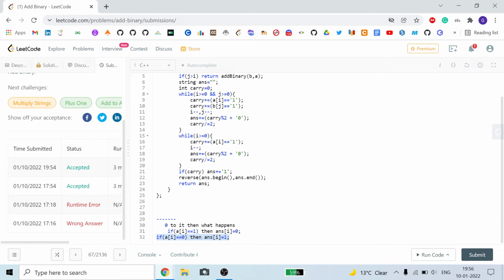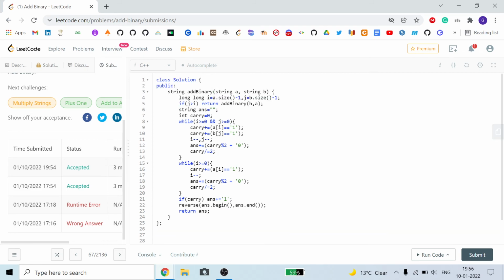For ai equal to 0, we can use the 1 to just make ai equal to 0 into ai equal to 1. So we cannot use this one further. If we further find any ai equal to 1, then answer i will be equal to 1 if this number is used. So this is the whole approach, and this is the code. I think you understand it. If you don't, then just dry run it, because this is a very simple approach, and this is the functionality of binary number to decimal number system.